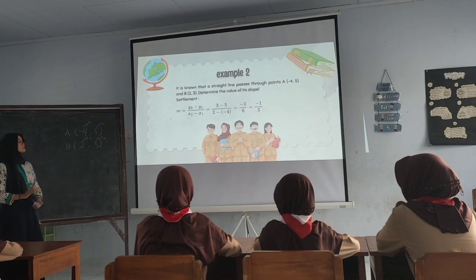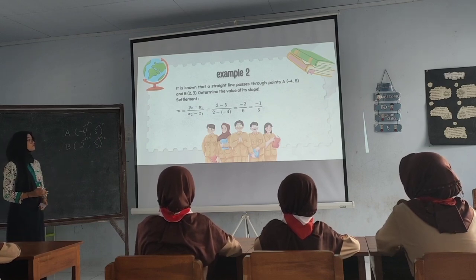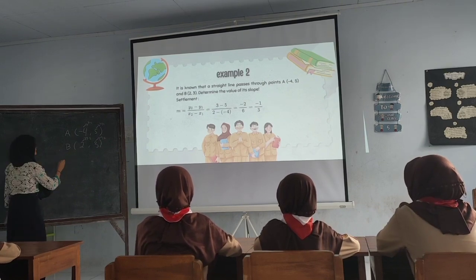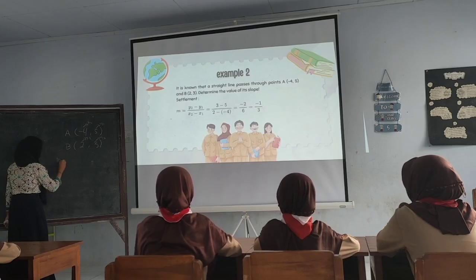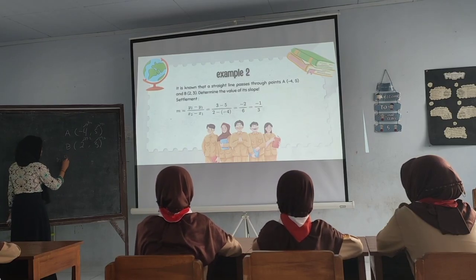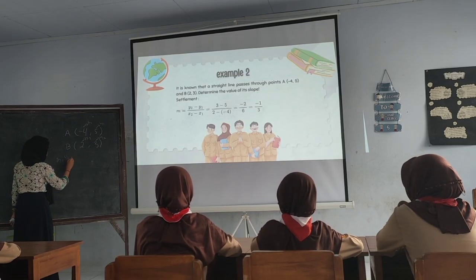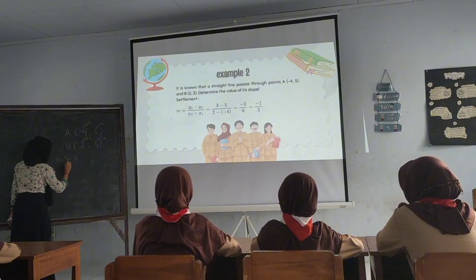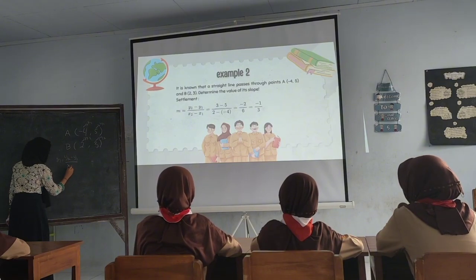Determine the value of its slope. The gradient m is (y2 - y1) over (x2 - x1)